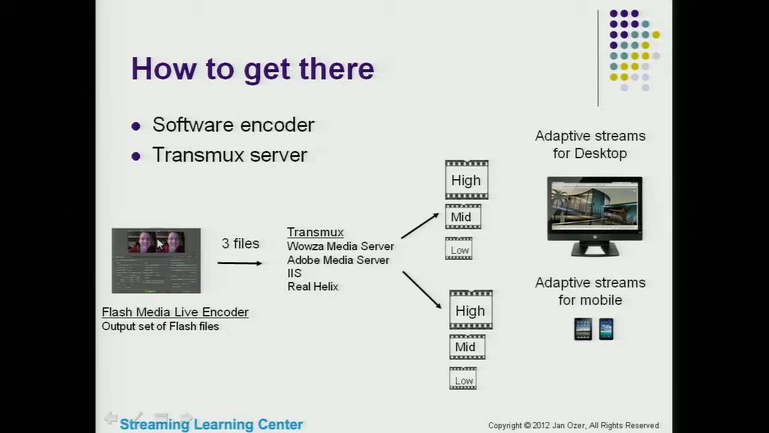Another alternative is to go a completely different way. You can use the Adobe Flash Live Media Encoder, which is a free encoder, create 3 streams, which is the maximum that encoder supports, and send those 3 streams to a server that can transmux them into the adaptive streams for the desktop and the adaptive streams for the mobile. Okay, so this is where we want to get to, and this is another alternative for getting there. Pretty much any streaming server today can transmux incoming streams and then customize them for both Flash and for mobile. Obviously, IIS, the Microsoft solution, will customize these for smooth streaming, not for Flash,